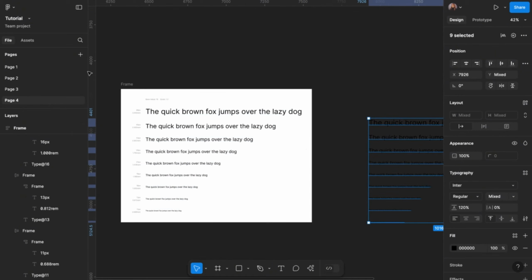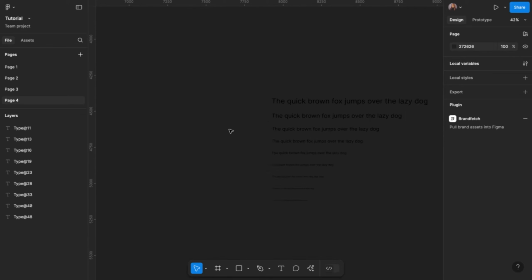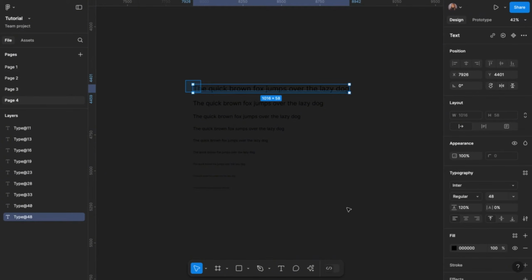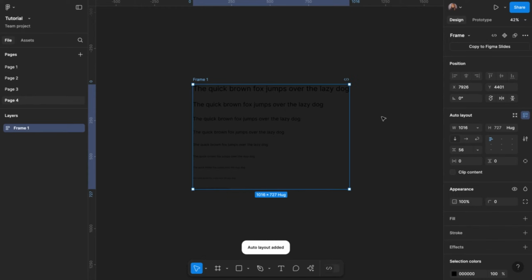Now we don't need this. Yeah, we don't need this. So I'll go ahead to highlight all the text, and I would add auto layout. So I'll click here. When you come to the layout section, you click auto layout, and I'll go ahead to